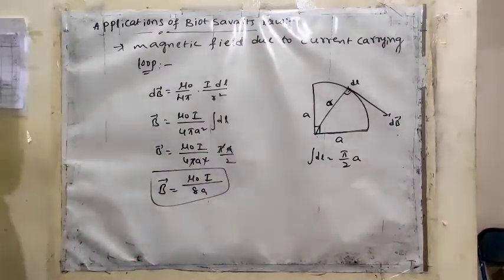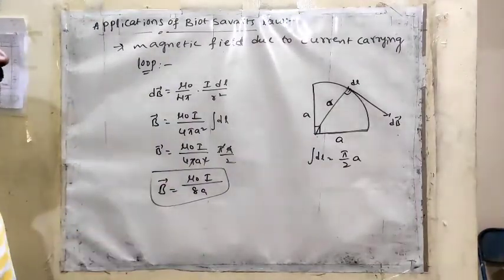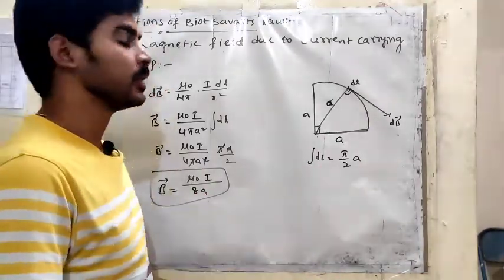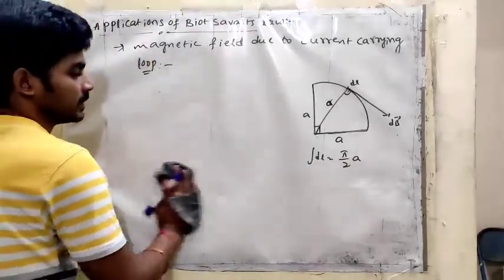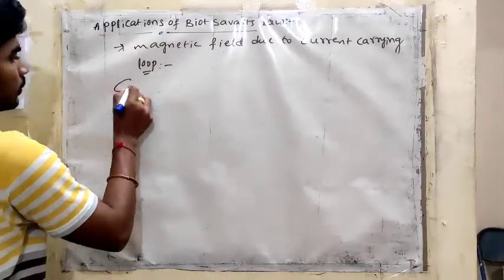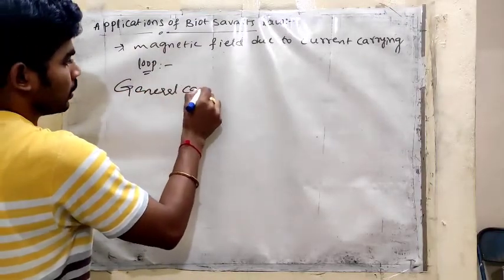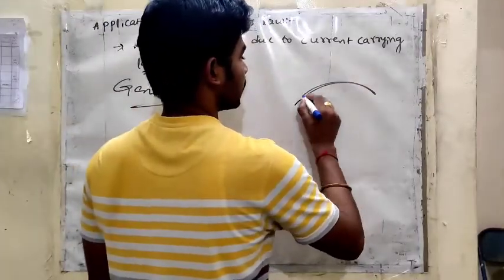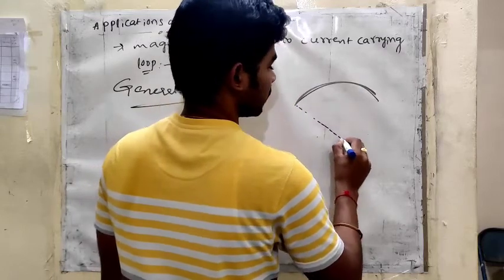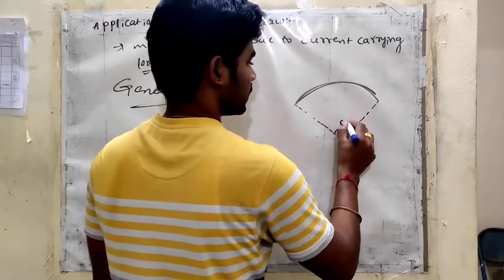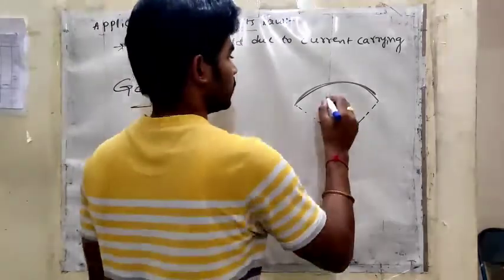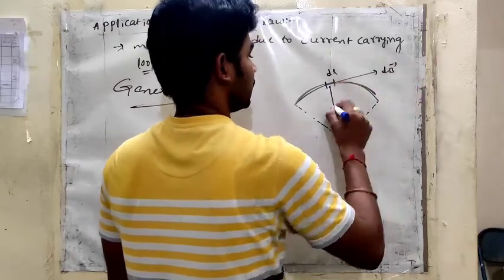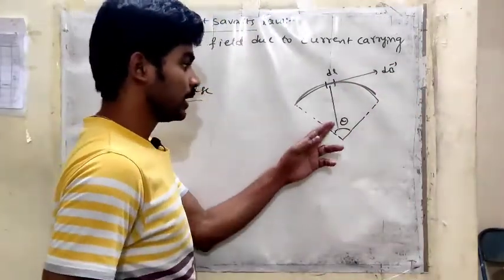Okay, is this clear to all of you? Now the general case: quadrant, semicircle, total circle, how we can apply the formula, we can see. So let us consider a very small arc. Exactly here I am calculating the magnetic field. Let us consider here I am making an angle theta. Here I am taking a very small elementary length dl. From here to here the magnetic field is perpendicular. We know that already.